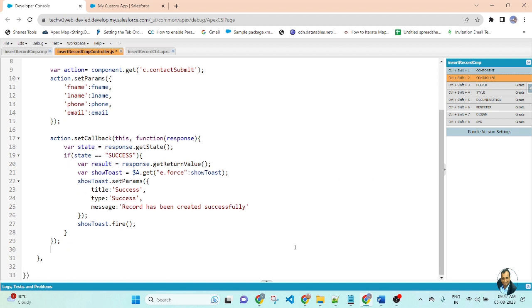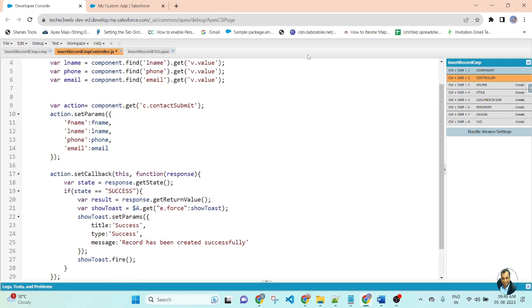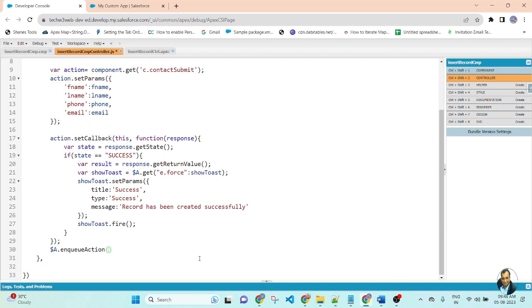Below the setCallback action, I will use enqueue action, $A dot enqueueAction, and pass the action. So this action holds the Apex method. So this action will be passed into the enqueue action here. Then save the file.